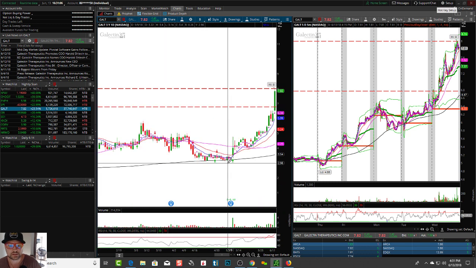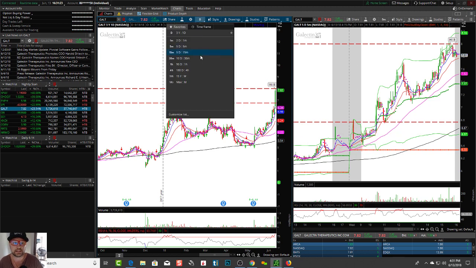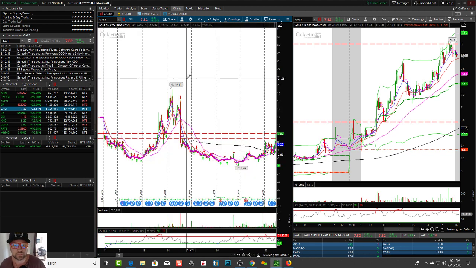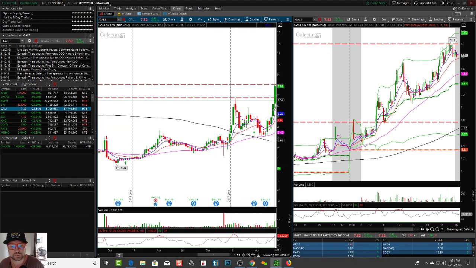So this is one you'd want to start looking at and say, sure, this might pop up over $8, but if it comes down below $8, this would be a potential good short since it's overextended. It can go up a couple days or so. So at this point, let me take a look at it on the hourly. It's so overextended, it can still break out over $8. Let me take a look at the weekly. Again, so overextended. You can't short it with Thinkorswim.